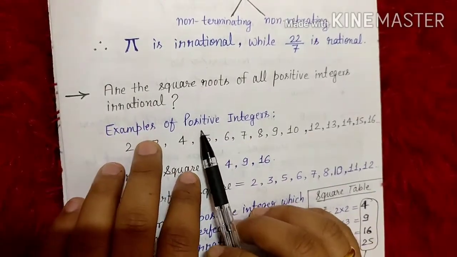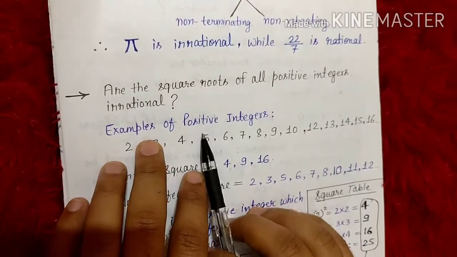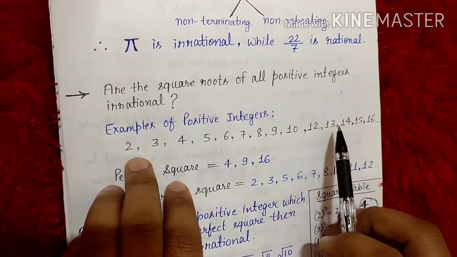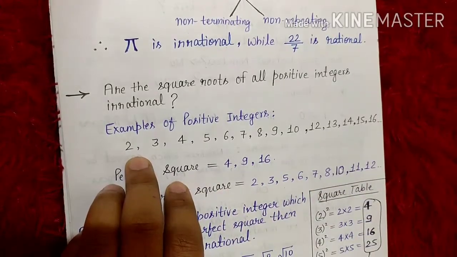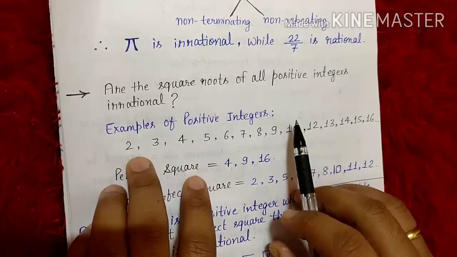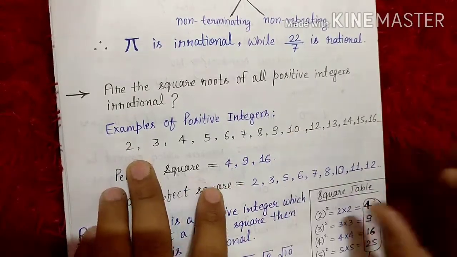I am explaining it here. Just pay attention. First we'll take the example of positive integers. Positive integers can be 2, 3, 4, 5, 6, 7, 8, 9, 10, 12, 13, 14, 15, 16. These are all positive integers. 11 also can come here. Don't be confused. These are all